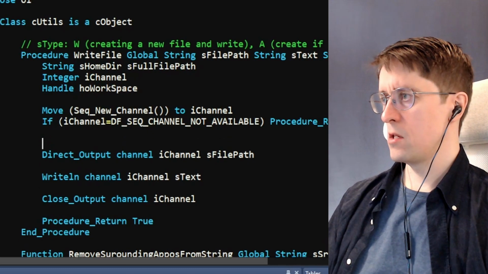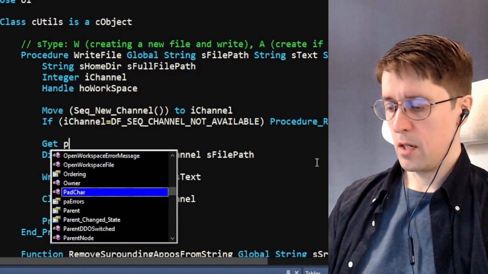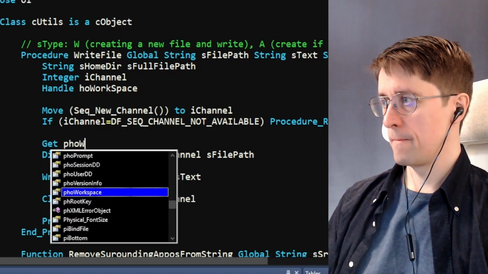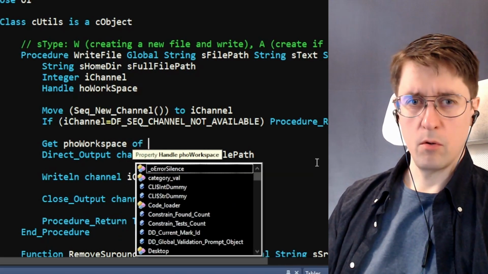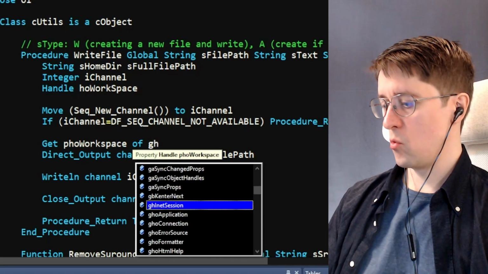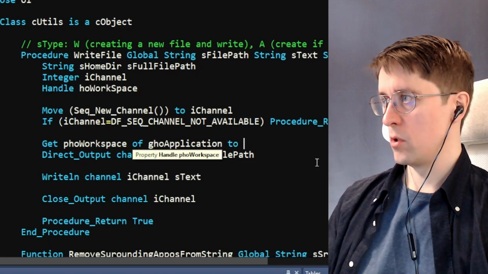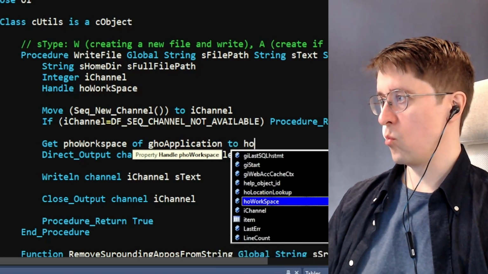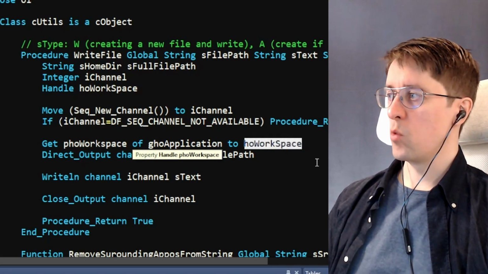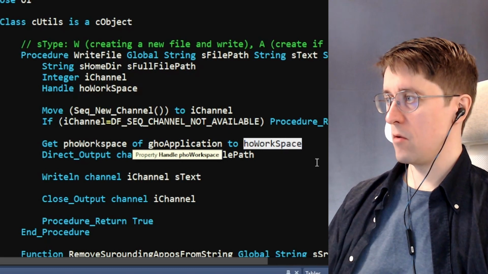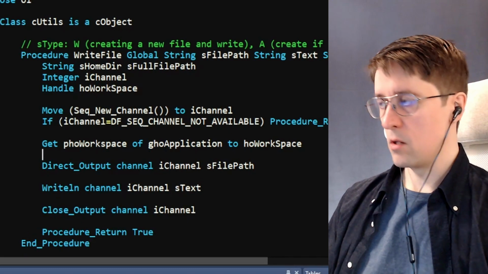And what we can do with these variables is that we can get workspace of GHO application to HO workspace. So now we have the workspace reference here in our workspace, and based on that we can do